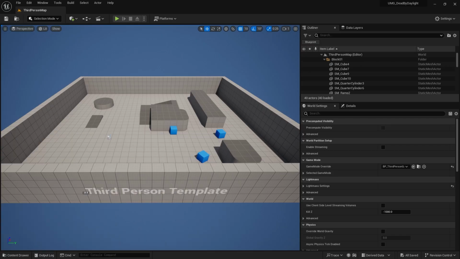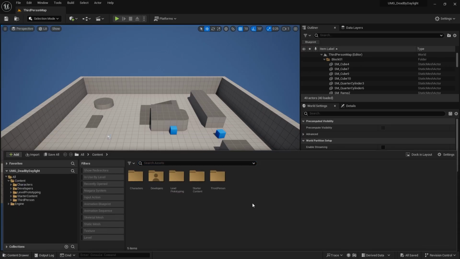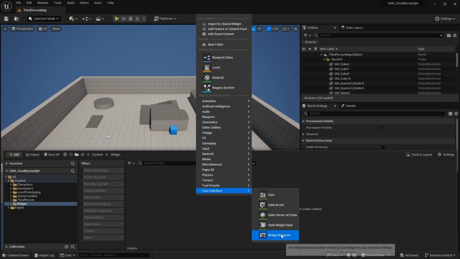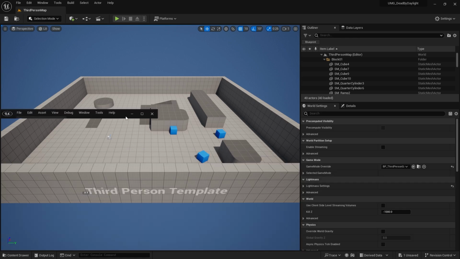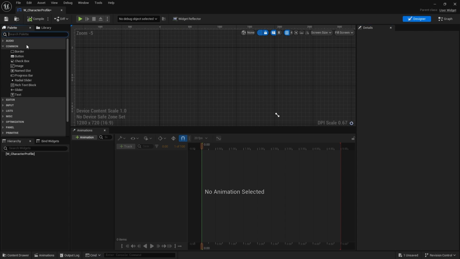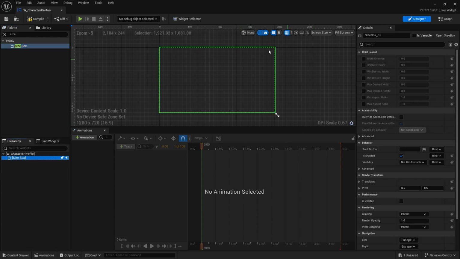So let's go jump into Unreal, and we're going to create our widget folder. And we're going to create, first of all, the widget profile. So W character profile. And open this up. Now, these are all fixed size. So we'll use a fixed size box in here too. And so the way I like to work with these things is I'll do a block out of this. So like how you do level design block outs, I'll do a block out of the UI as well. So the size box here, I'm going to do width and height override. We can estimate